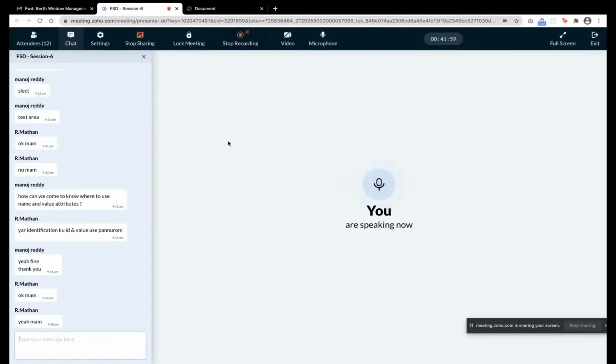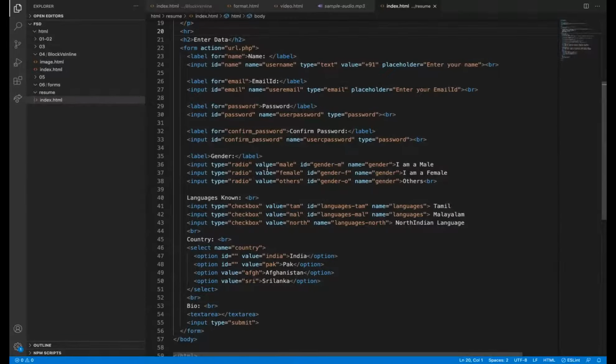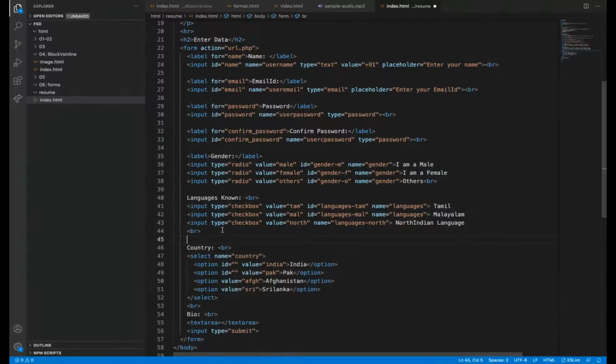Because it contains a lot of tags, but when you start using it, you'll get used to that. Easy tags only. By the name we know, value will be sent to the backend. Name is the name. Name is kind of a variable. This value will be assigned to that variable while sending the form values to the backend. And then ID and for attributes are just for connecting things. Type is an attribute which tells the type of the input. There are different kinds of types, depending on our need. That's it. Nothing much.